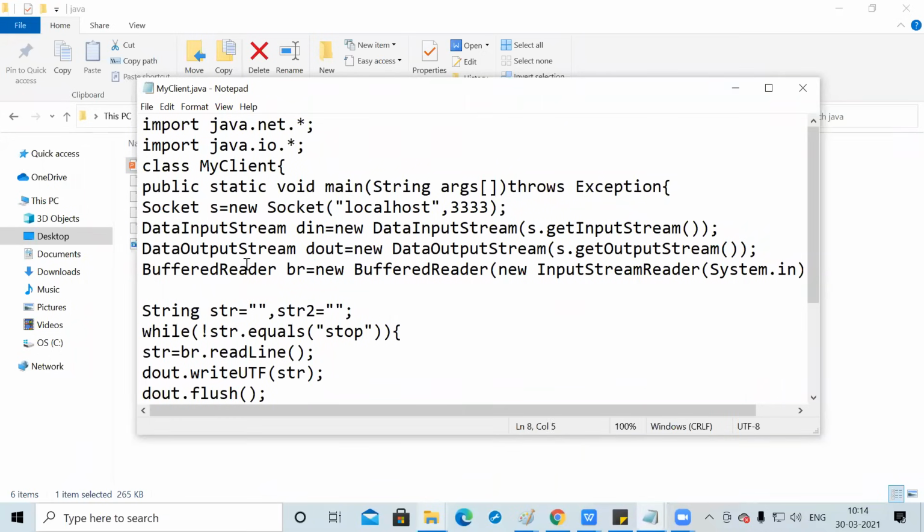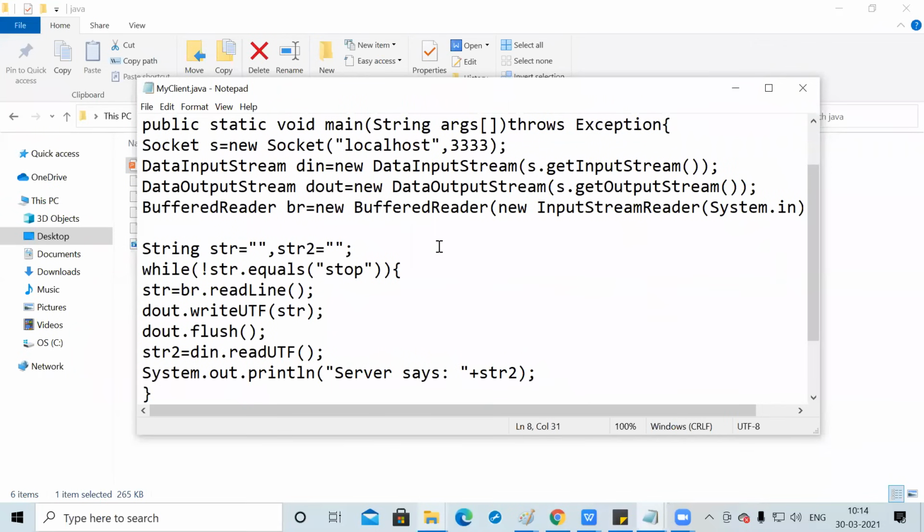Here the BufferedReader is just for console input. We are using the BufferedReader br object to read from the console.